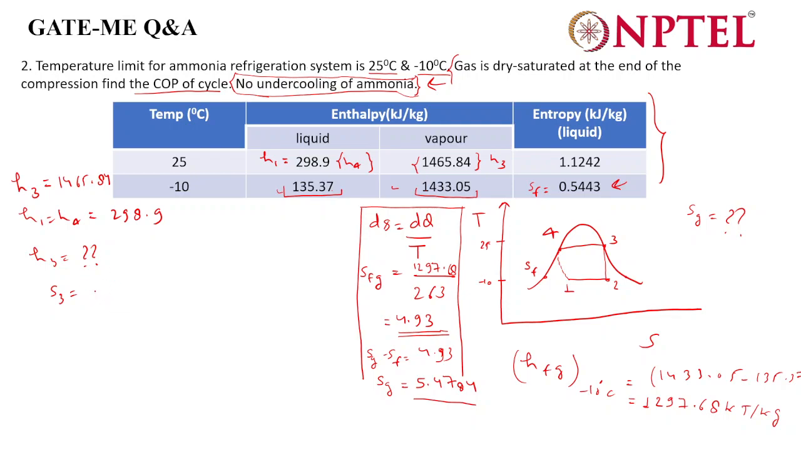s_3 at 5.0. So you can get 1465.84 minus 298.9 divided by 298, right? 298 would be in Kelvin. So this would be the h_fg. This is h_g and this is the h_f. So h_g minus h_f gives h_fg for this temperature, and divided by the temperature it would be